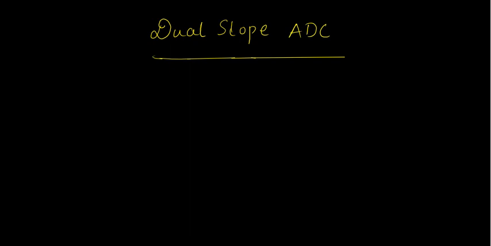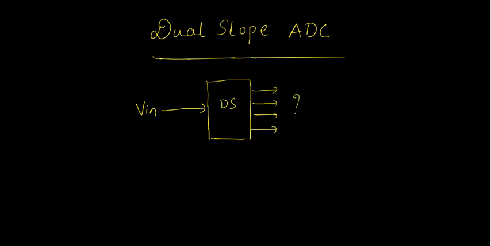Dear student friends, today we shall discuss one more type of analog to digital converter, that is called the dual slope analog to digital converter. We have already seen the working of the successive approximation type of analog to digital converter. So today we shall see one more type of ADC, which is referred to as the dual slope. Why is it called a dual slope? How exactly the analog input which is given here is getting converted into its digital output, that we will see. So this is called DS ADC, right?